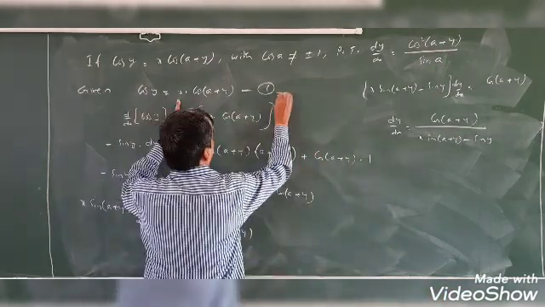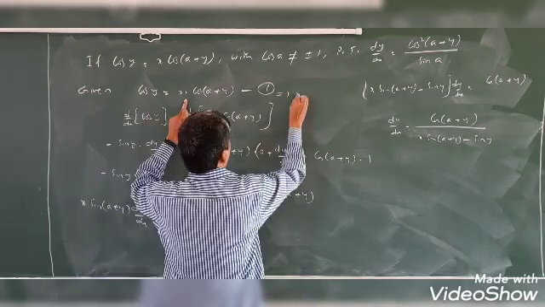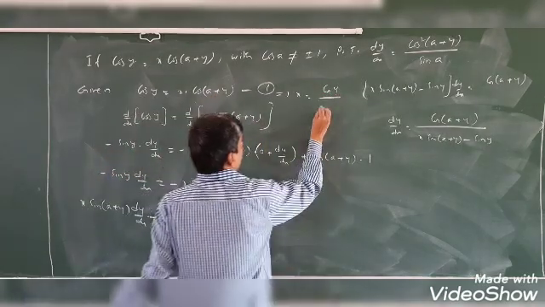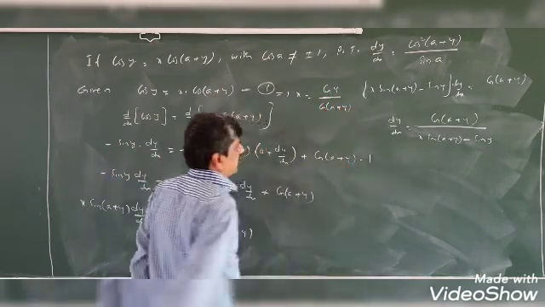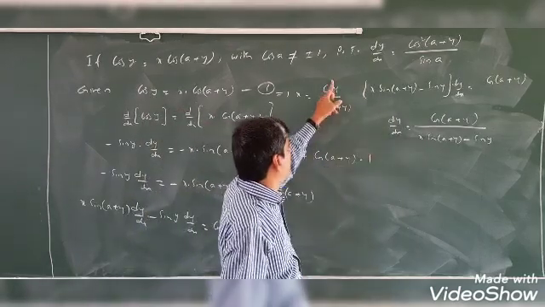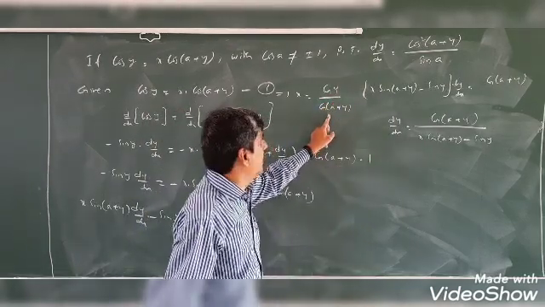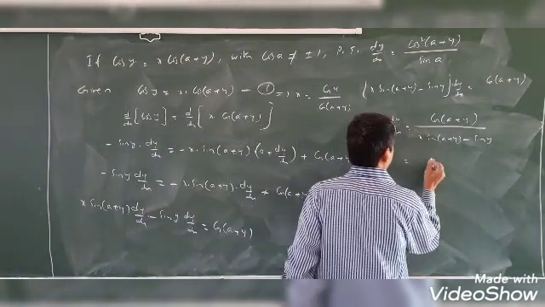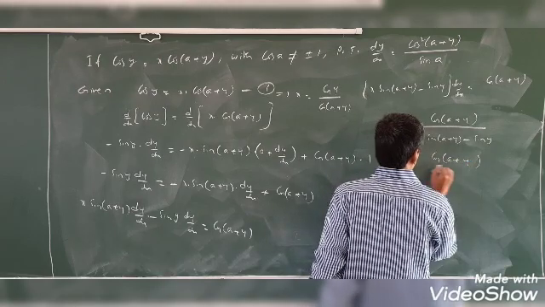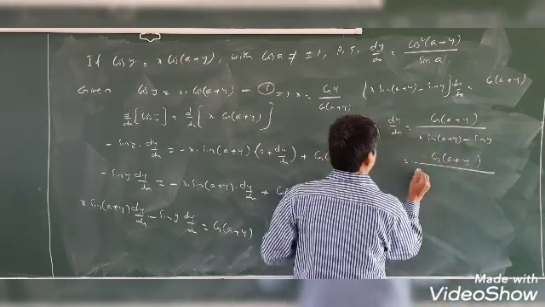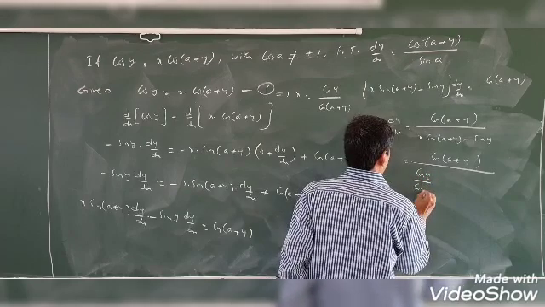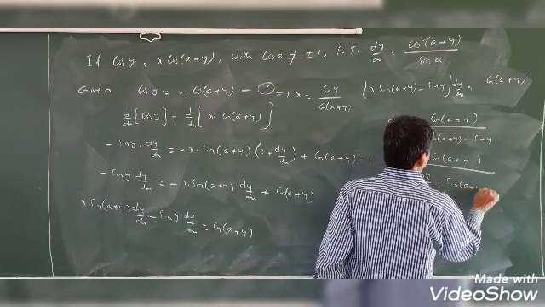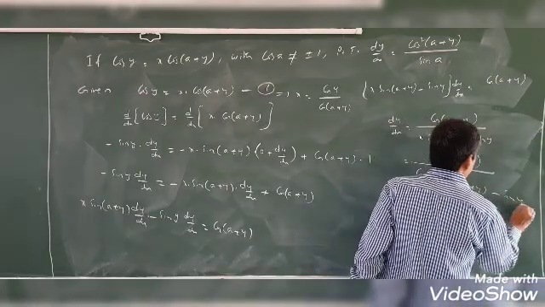So from the first equation, what is x? x is equal to cos y by cos of (a plus y). So right here, in the place of x, we put cos y by cos of (a plus y), into sin of (a plus y) minus sin y.